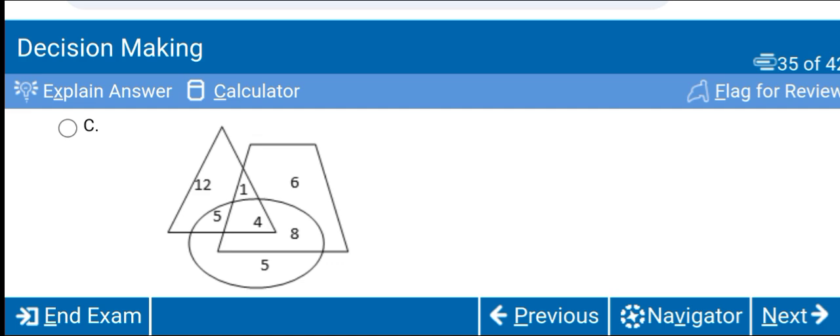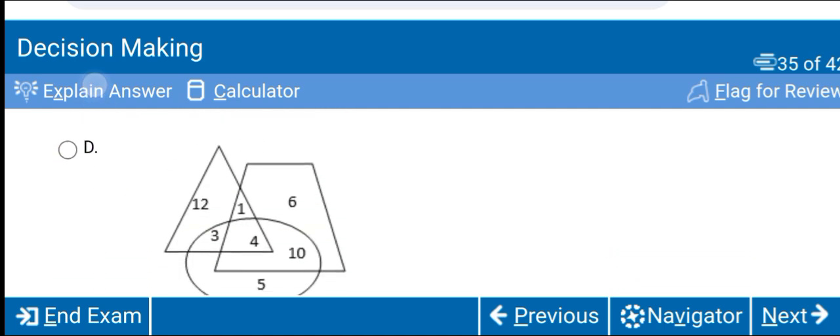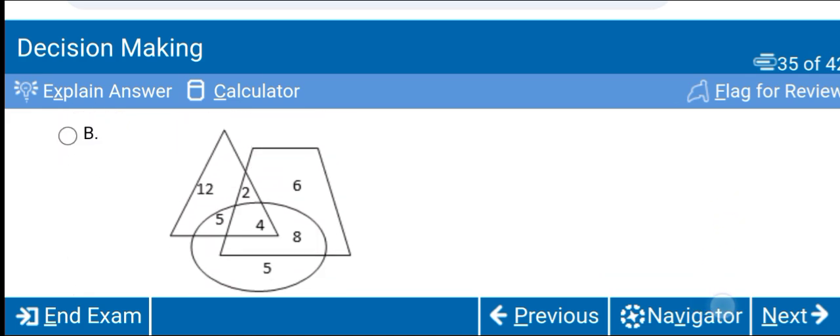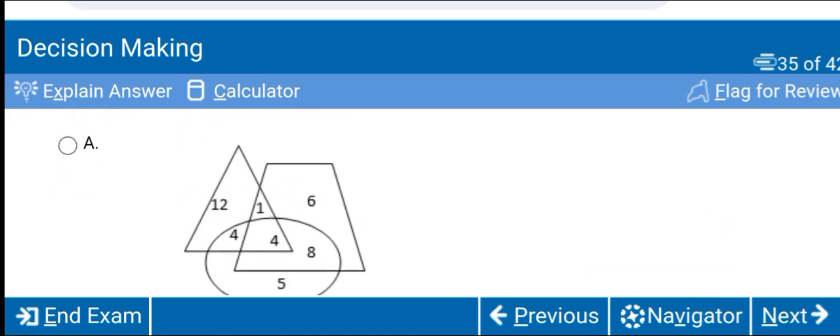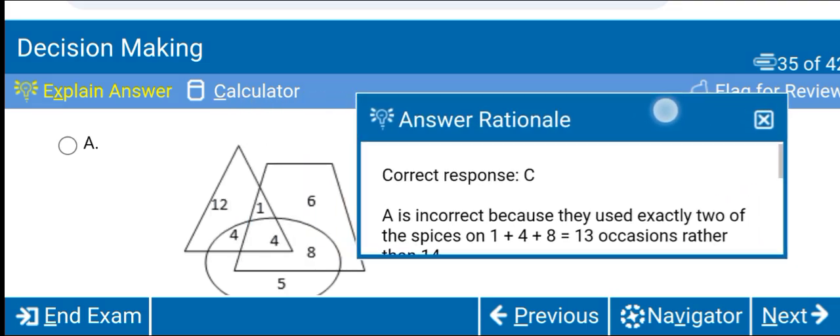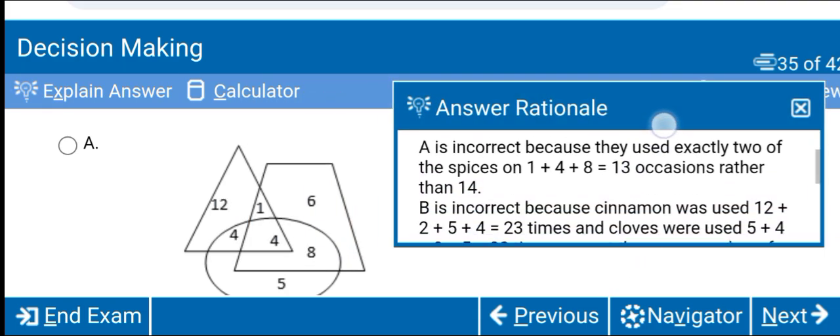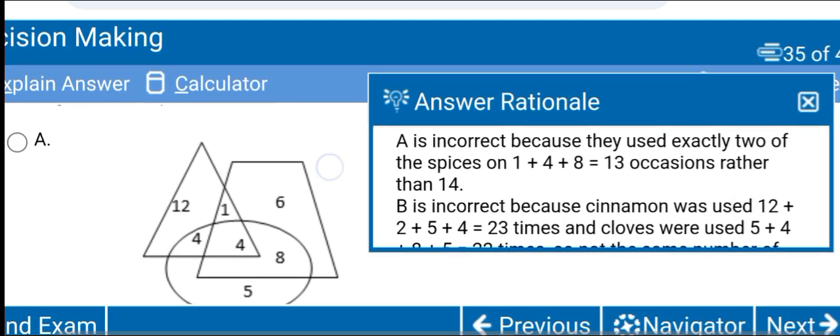And then we have option D, that represents this diagram. So let's see which diagram best represents the data or information that is given above. So here we have option C is the correct option, and option A is incorrect